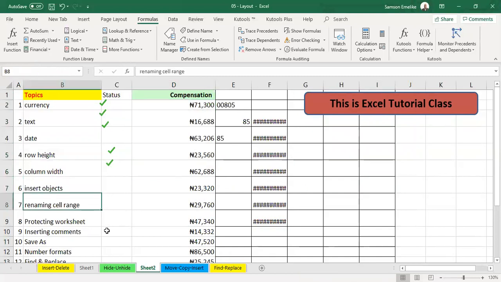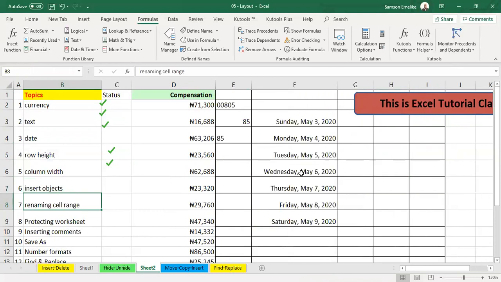We've done this. Protecting your workbook. This is very, very important. When you finish your work, or even if you have not finished your work, but you need to protect some part of your workbook so that the people who are using it will not mistakenly delete, especially where there are formulas. Okay, so let me use